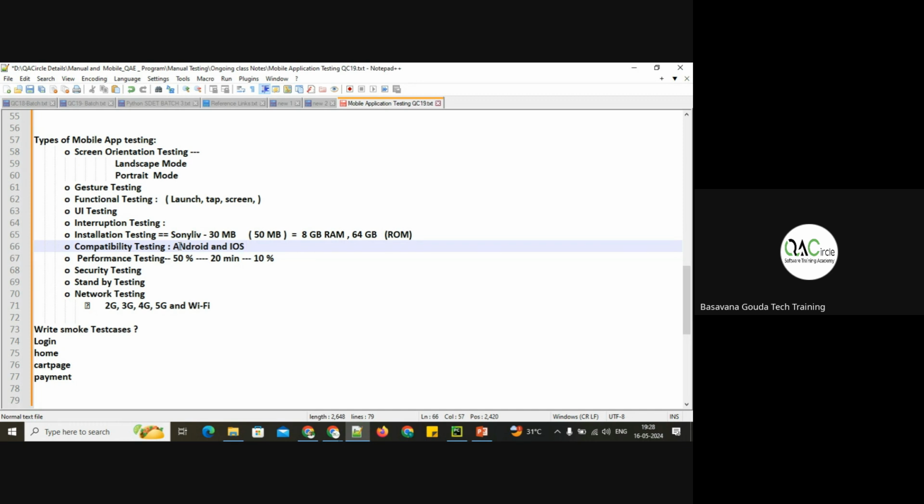Write down compatibility testing. Compatibility testing is performed to check whether the mobile app is working on all the supported mobile device models, OS platforms, meaning operating system platforms, and different versions of OS, as well as